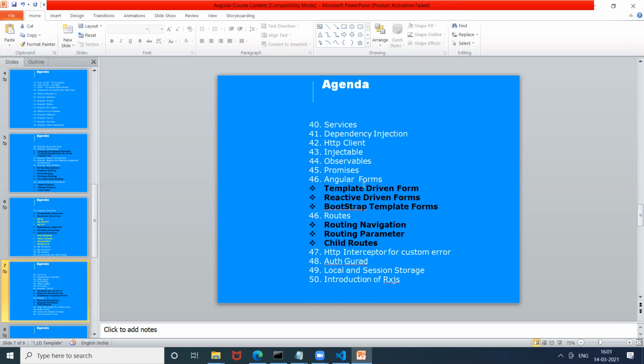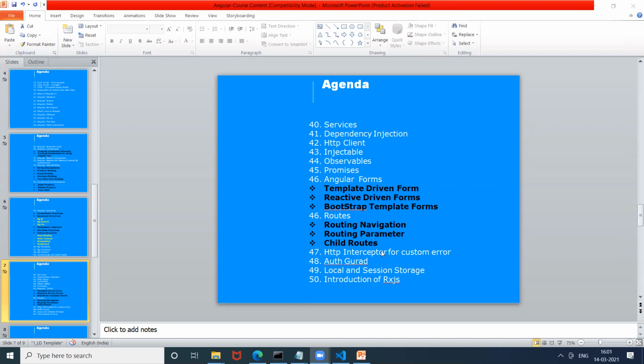All right. So you will be fetching the data from the JSON, and then you will be able to use observables and promises for fetching the data from the JSON. Right. Then we'll talk about Angular forms. We have two types of Angular forms: template driven forms and reactive forms, right? And then I talk about routing. What exactly routing is in navigation. We have routing parameters, child routes. We'll do routing in detail, right?